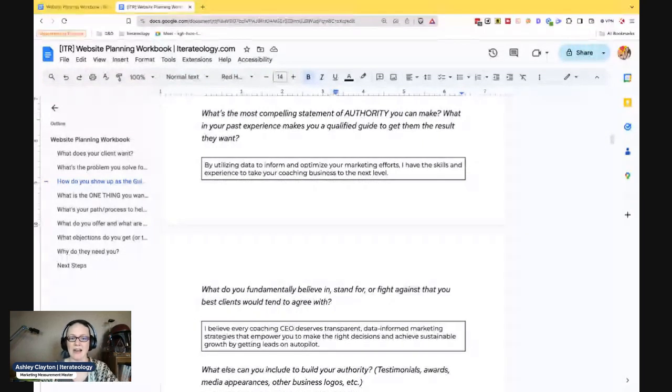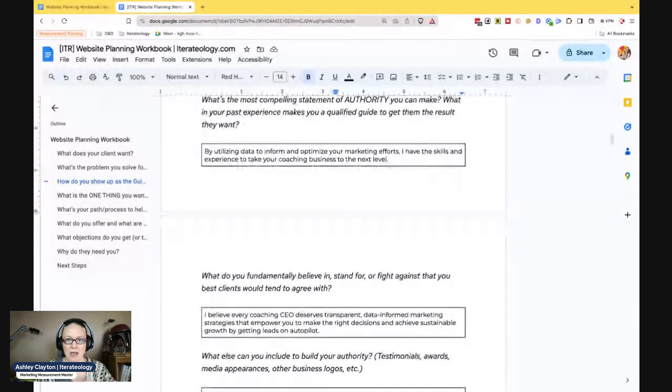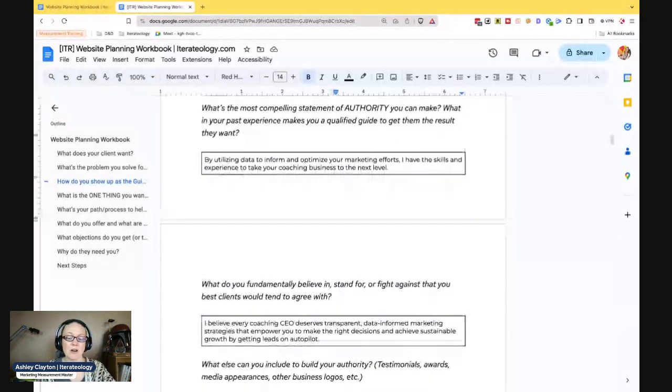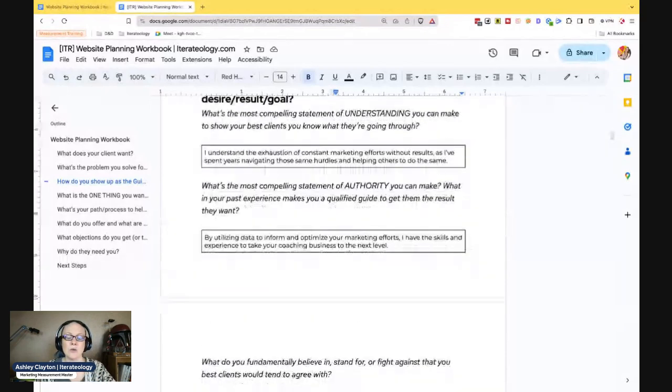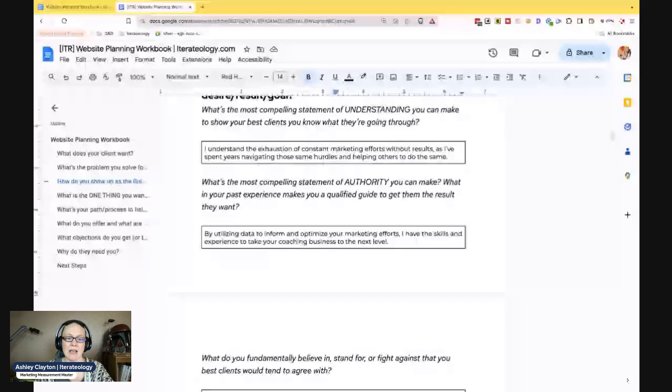This is where you're getting both of those together because you are telling them, and this isn't bragging, if you have the skills and experience, you can literally say, I have the skills and experience to take your coaching business to the next level, or whatever your client's goal is. And so, what it comes down to is with the understanding and authority, you really want to also bring in